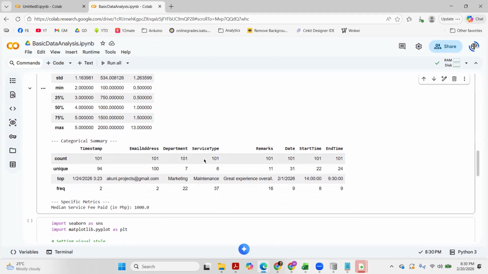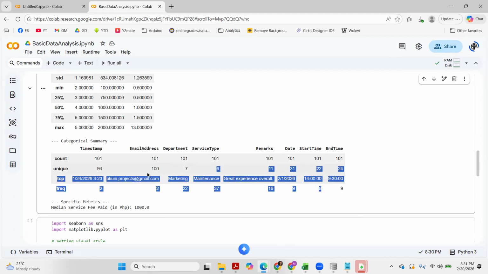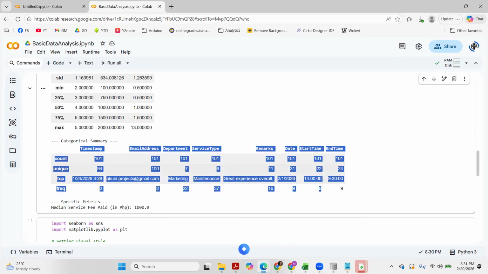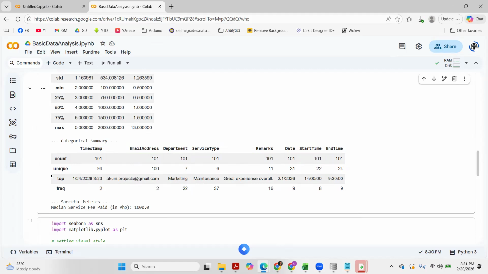And then we have the categorical data like the number of email addresses we received, number of unique timestamps, unique email addresses, unique departments, unique service types, and so on, and some other special features that we want to be summarized.